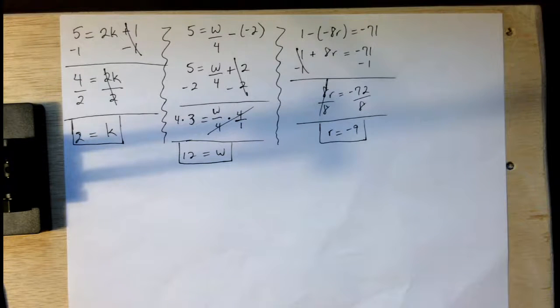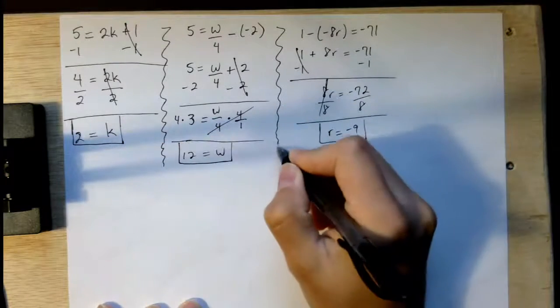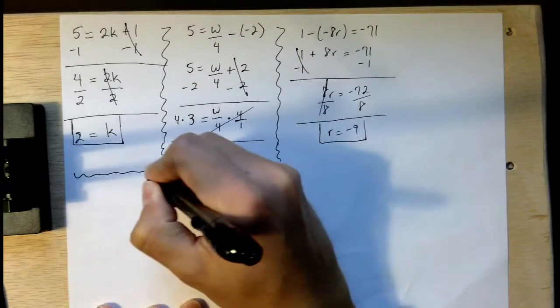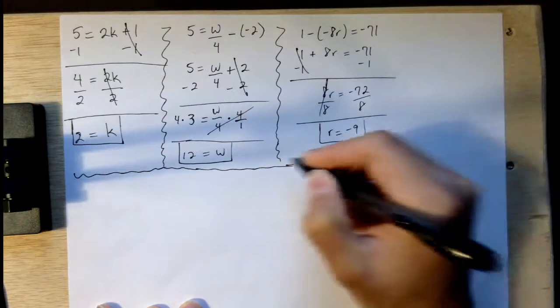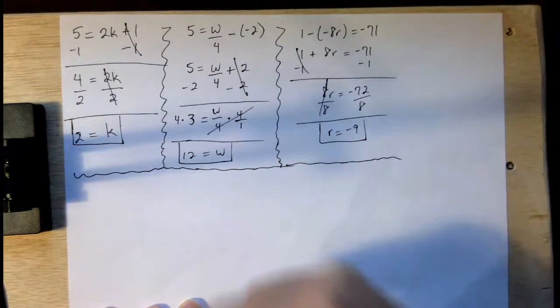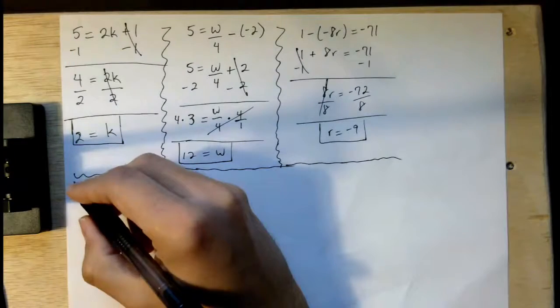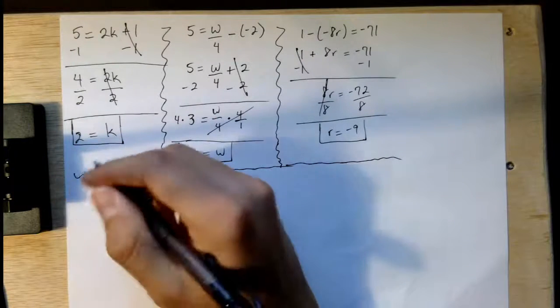Now, in order to increase the difficulty of these problems, or to take this a step further, we're going to start adding rational numbers to these equations. So now these are going to become two-step equations using rational numbers. The first example problem is going to be